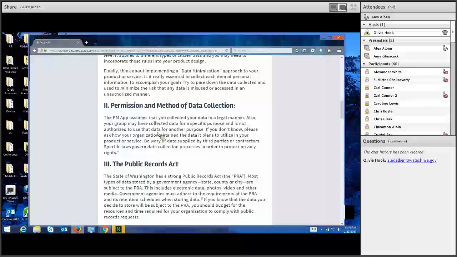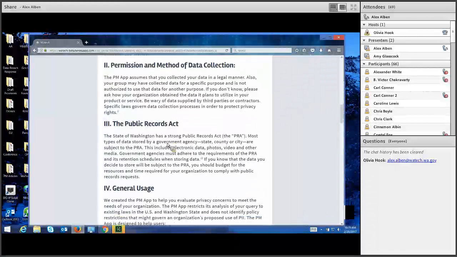I find in my experience that once we get going on products, very few people pause to say, where did we get that data? Usually a developer doesn't really even think about that as their job, but we want people to pause and think and ask questions about the method of data collection.